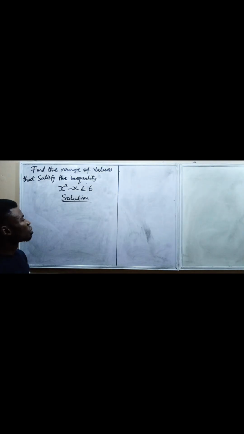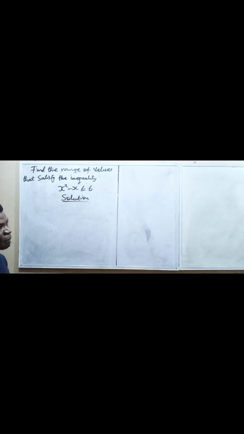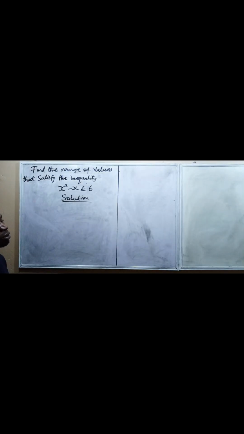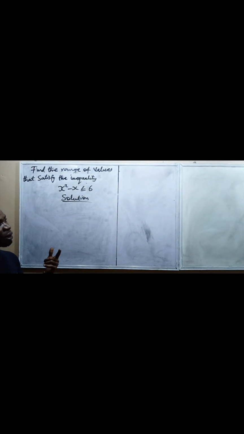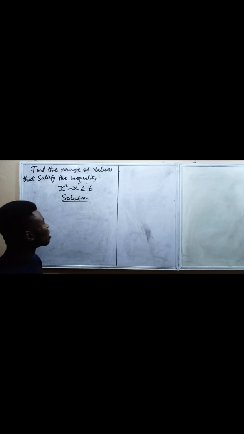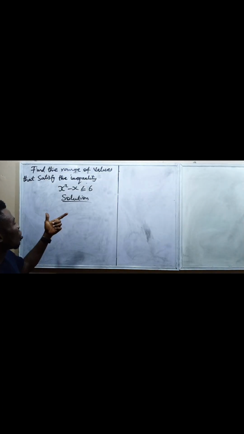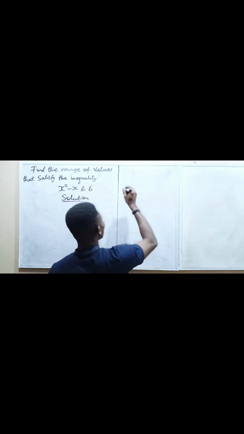Okay, before we solve this question, you notice something. This is a quadratic expression. But the ones we've been tackling are linear expressions, and there are always two, so we solve each of them and then get a range of values that satisfy the two equations. But this one is a quadratic expression, and there is a property of inequality that states that if a quadratic expression is given,